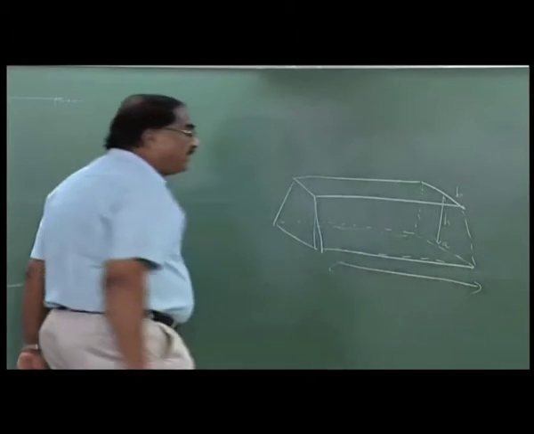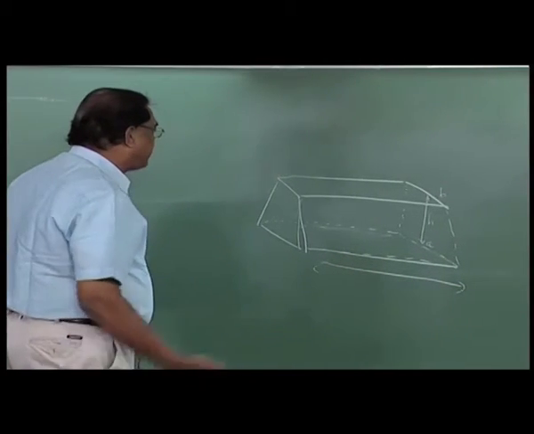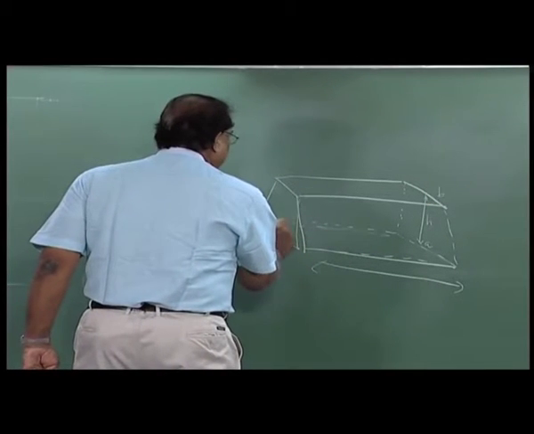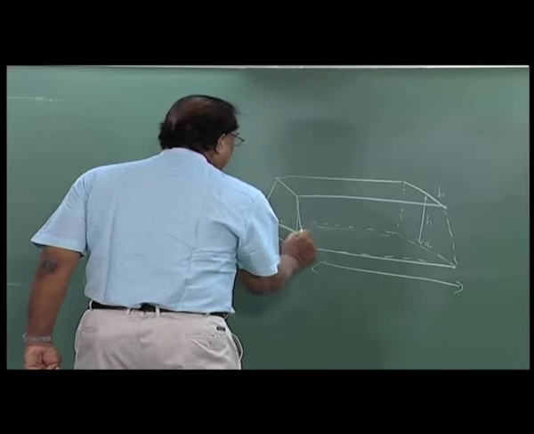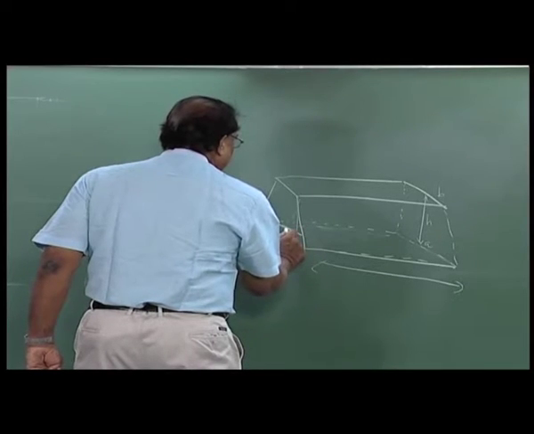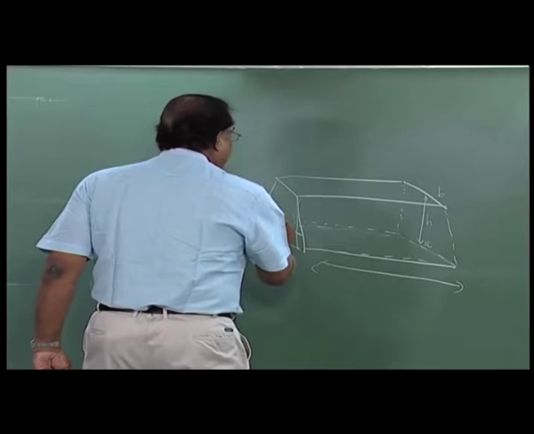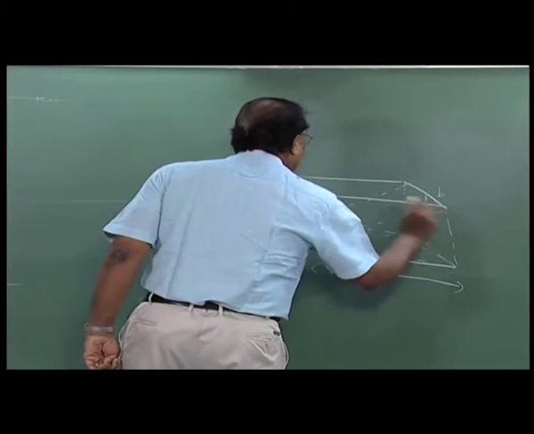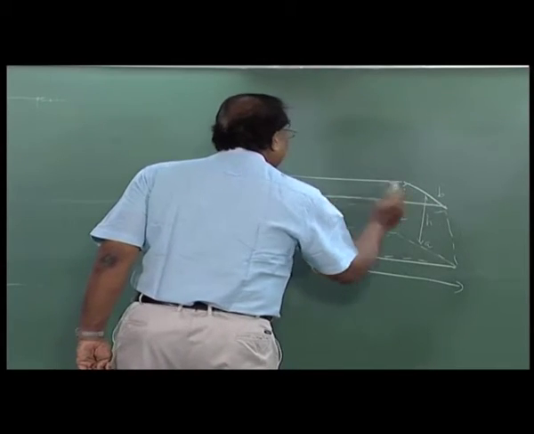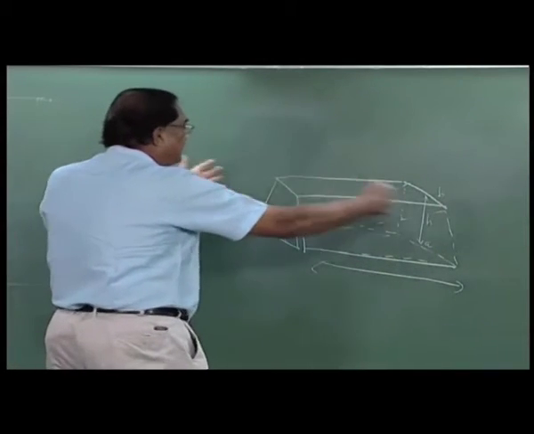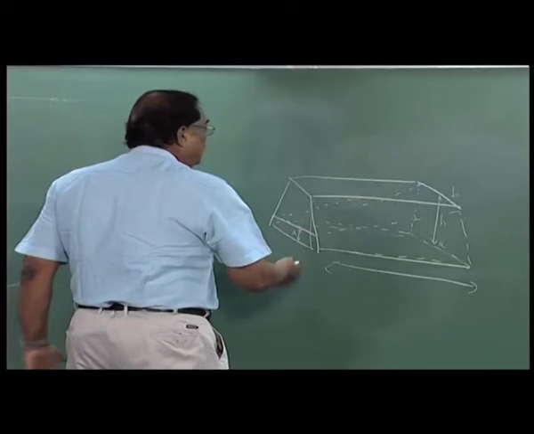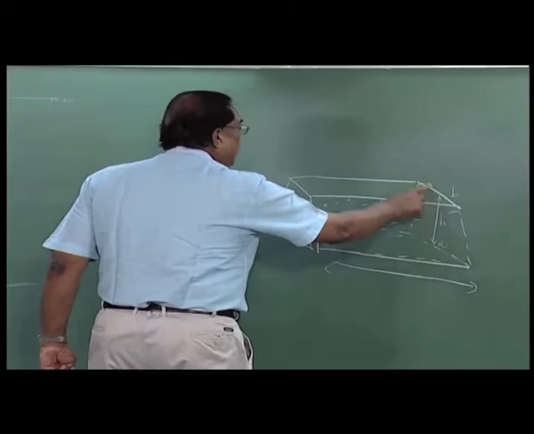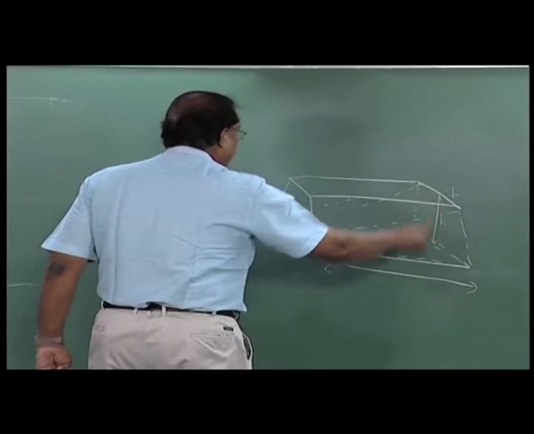Now suppose this structure is struck like this, so that what remains is this, up to some height D from the bottom. So this is what is remaining. This uniform structure is struck, and so at this end the base is A, the summit is B and the height is H.